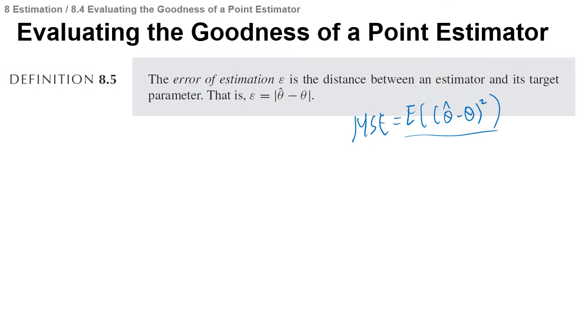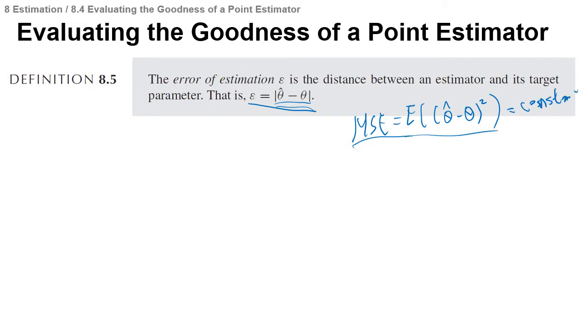Let's read about this. Definition 8.5. The error of estimation E is the distance between the estimator and its target parameter, that is, the absolute value of theta hat minus theta. Both for MSE and error of estimation, what we want is to minimize the difference between theta hat and theta. However, the MSE is constant,